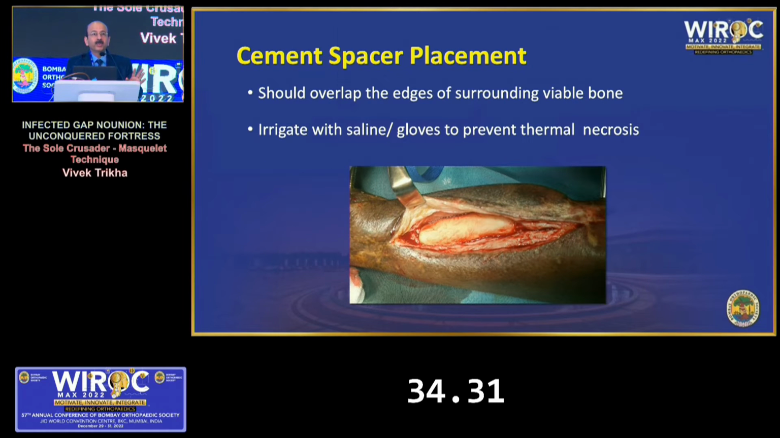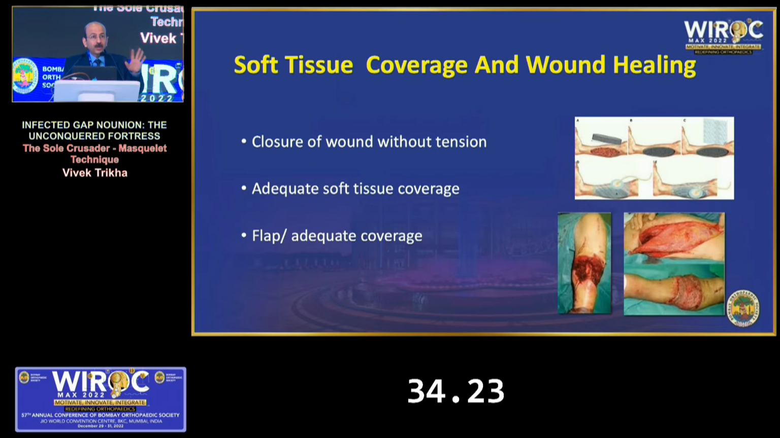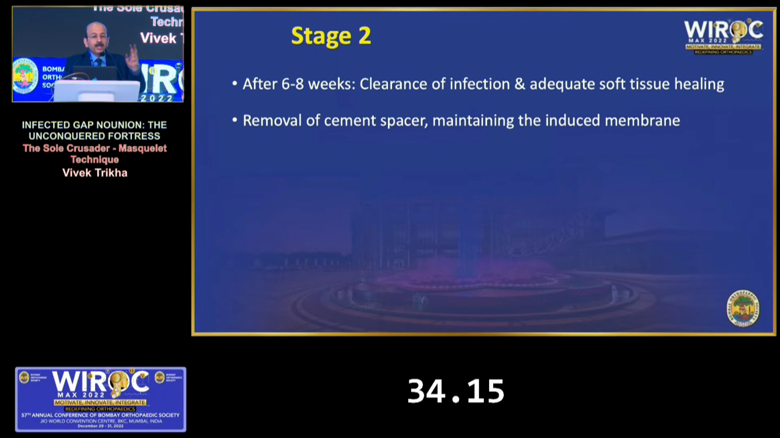Then use a cement spacer properly. Make sure that it overlaps the sides, irrigate so that the heat necrosis does not happen. Soft tissue coverage is a foremost important thing. That's going to give you the blood supply to that place to heal skin and bones. Stage 2 to be done after 6 to 8 weeks when you know for sure that your infection is not there, and that remains the key and the problem, because that's one thing for which we are not having objective criteria